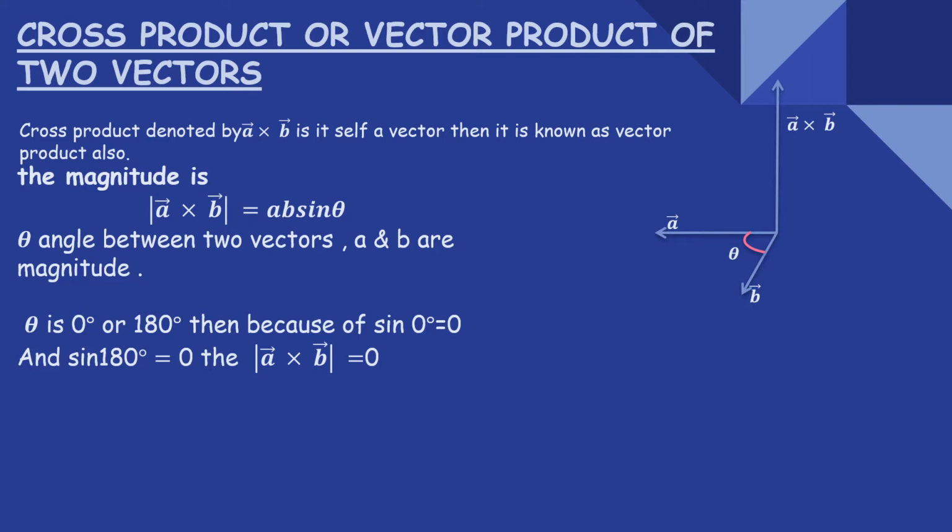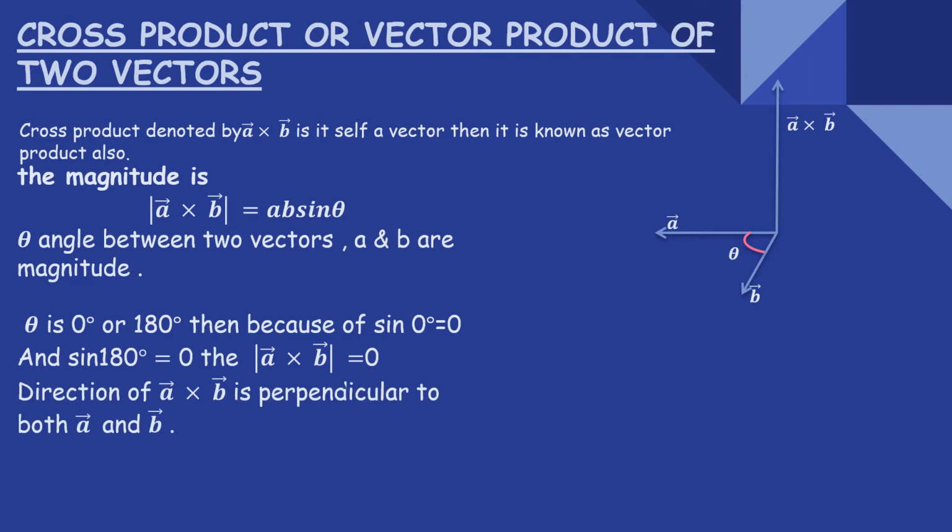As we see in this figure, this is vector A and this is vector B, and they are separated by angle theta. So if I define a cross product, which is also a vector, this vector is perpendicular to both of these. Okay, so now why the cross product of two vectors is perpendicular to both of them, we see in the next slide. So this is some basic mathematical information about cross product.